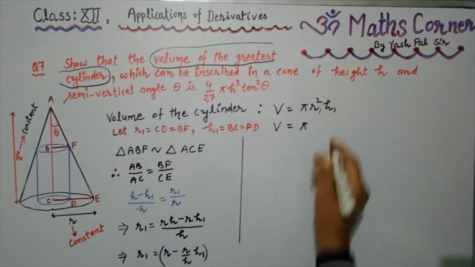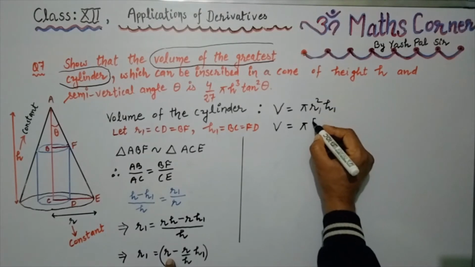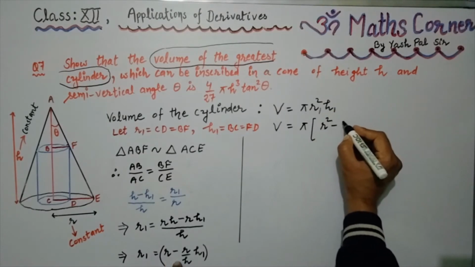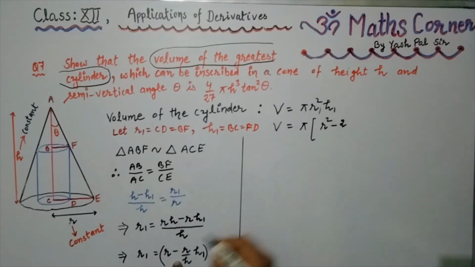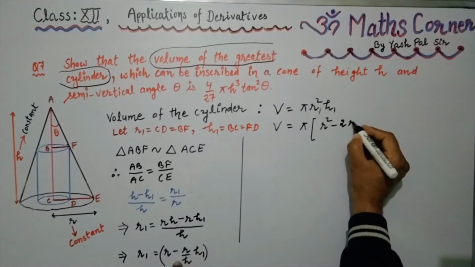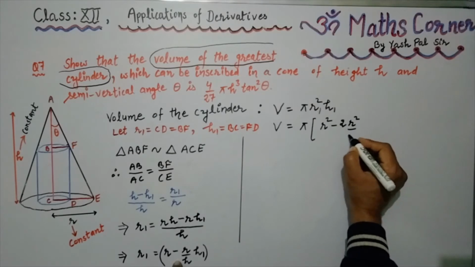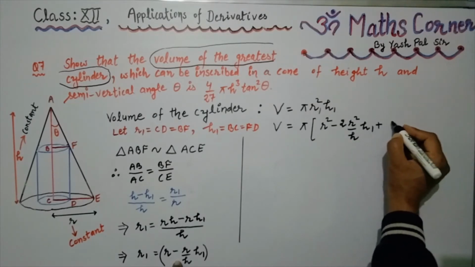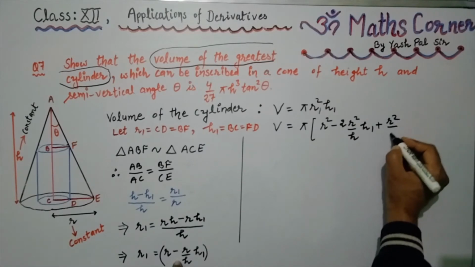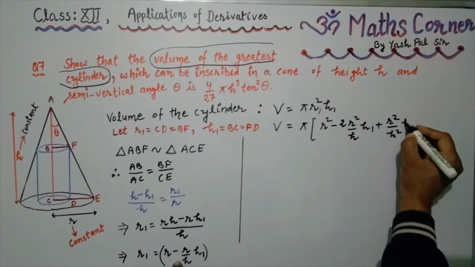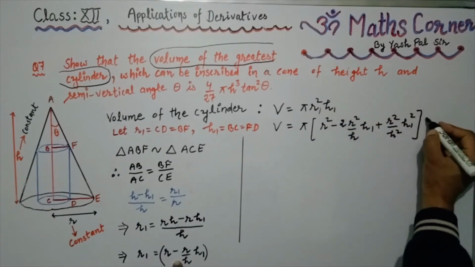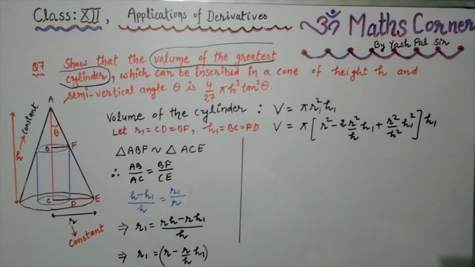V is equal to pi into R1 square. So this becomes R square minus 2 R square upon H into H1 plus R square upon H square into H1 square into this H1,